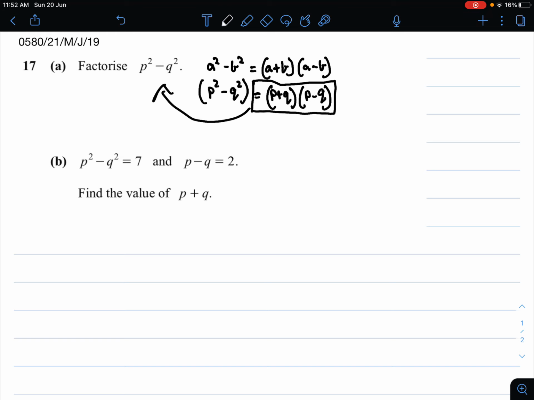So for this equation, we can move the q to the other side, so negative becomes positive when you're moving it to the other side of the equation. So p equals q plus 2, and we can substitute this into the other formula. So q plus 2 the whole square minus q square equals 7. Now q plus 2 the whole square,